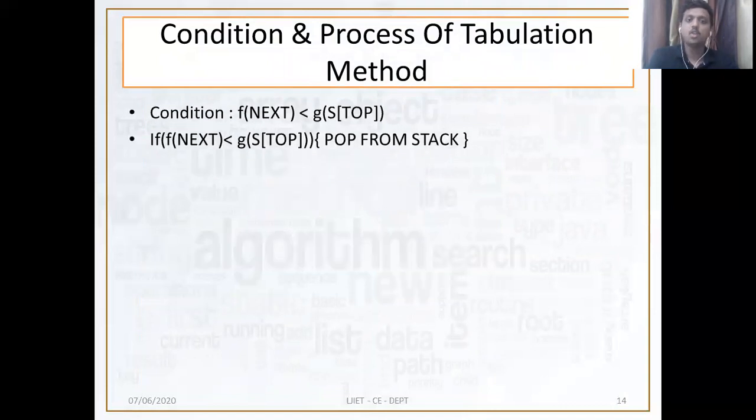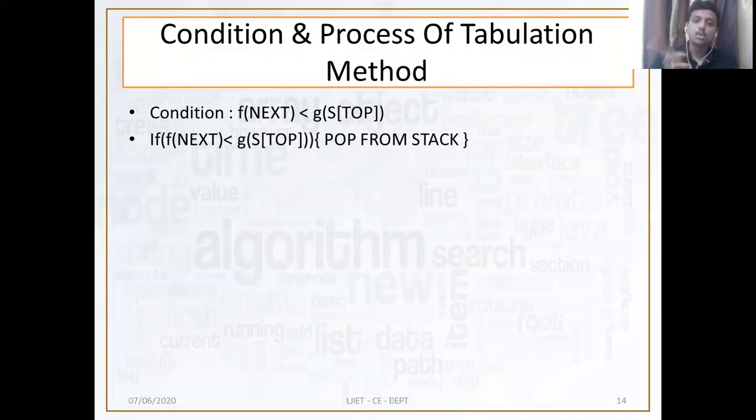Now the next is the condition for the process of the tabulation method. This slide we have already seen, but I'm just repeating it for the algorithm purpose. The condition is: f of next is less than g of s of top. I have already informed you that f of next shows the precedence of the next character, and g of s of top shows the precedence of the topmost element of the stack.